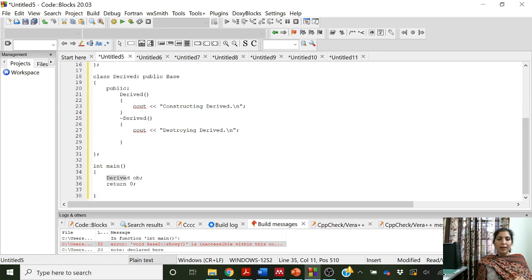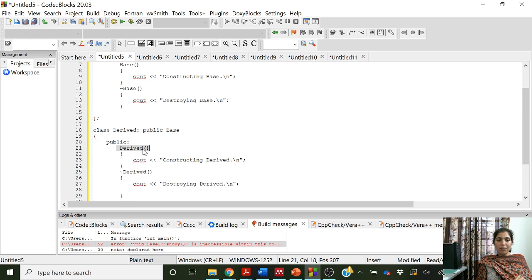So here we create an object of class derived. So as we create the object of class derived, the constructor will be called automatically. So which constructor will be called? The derived class constructor will be called. But the derived class constructor will not execute itself.